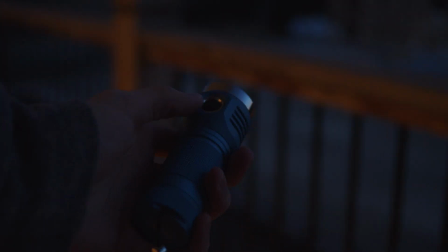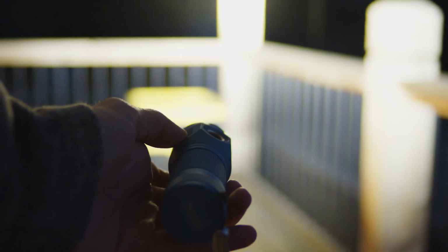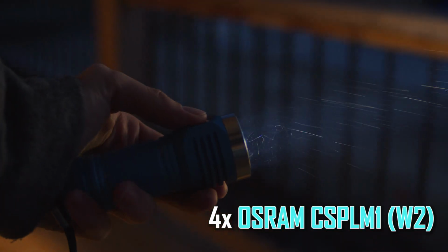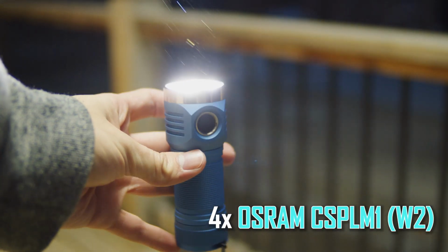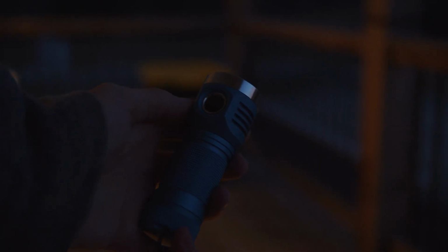This cyan-colored D4S carries the older FET+3+1 driver, a beefed-up version of the standard driver found in the smaller D4 that offers a higher regulated current. This light has four Osram CSLPM1 or W2 LEDs, which are extremely bright and throw very far. This really is the classic hot rod style flashlight for which Emisar has become synonymous, and is designed for maximum